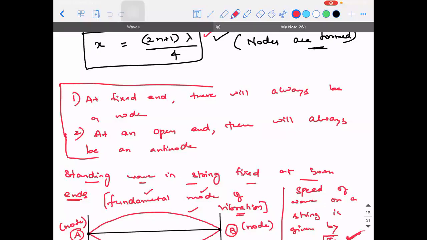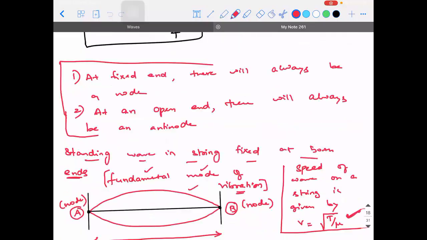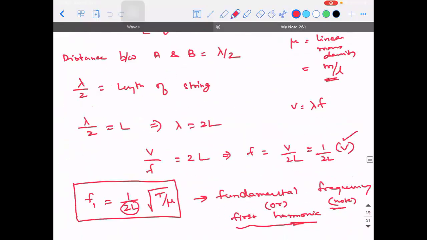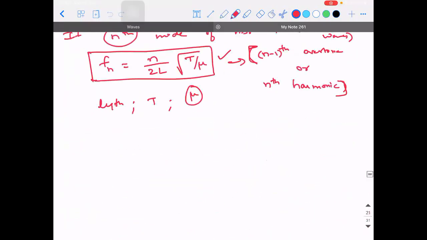Okay. So everything has an application. All these are applications of standing waves. Clear, guys? So ensure you're revising all these things. In two more classes, we'll be able to complete this chapter.